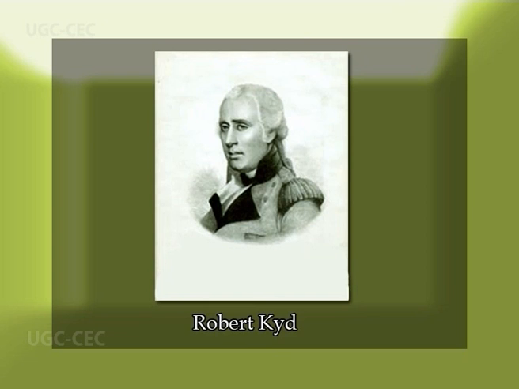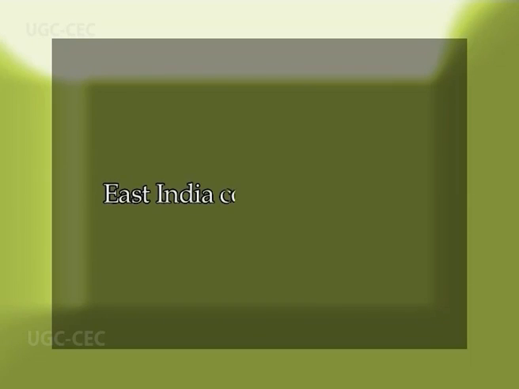Robert Kyd proposed the establishment of this garden for horticultural and economically important plants. He himself had a private garden wherein he grew plants of economic importance. His proposal was endorsed by the East India Company in 1787 and he became the honorary superintendent of the new